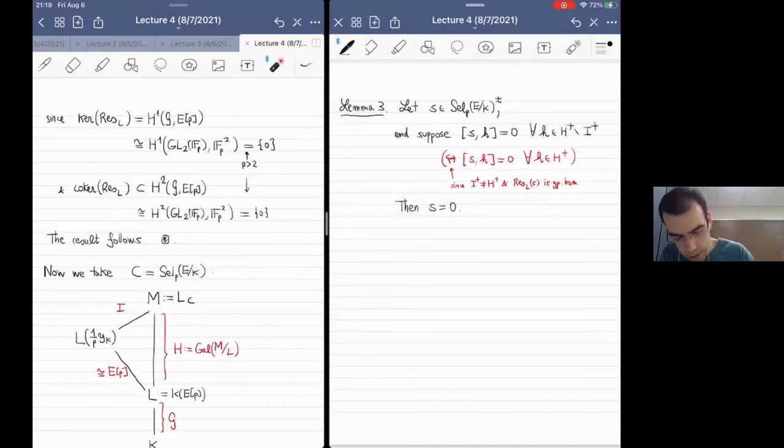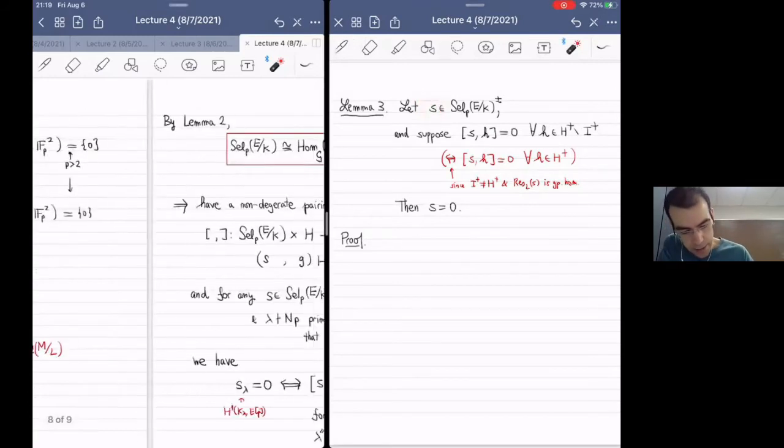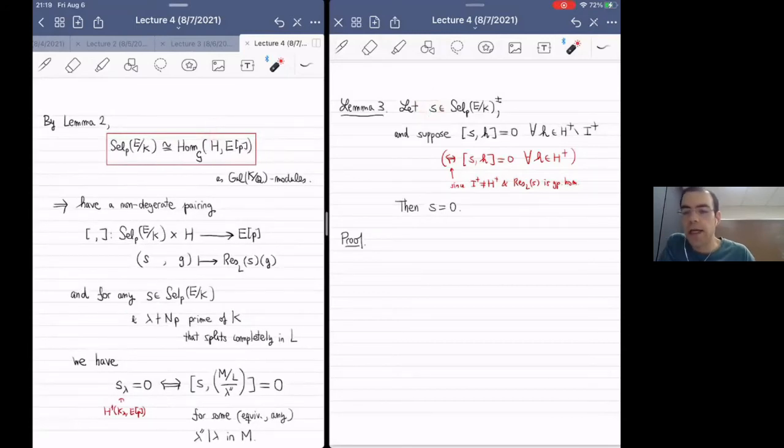Okay, so let's see why. For this, it suffices to show that now we're going to think of this S as a homomorphism on H. So it suffices to check that the image of H under S is trivial. Enough to check S of H is 0. But we have assumed that this class is in a tau eigenspace, so the restriction will still be in